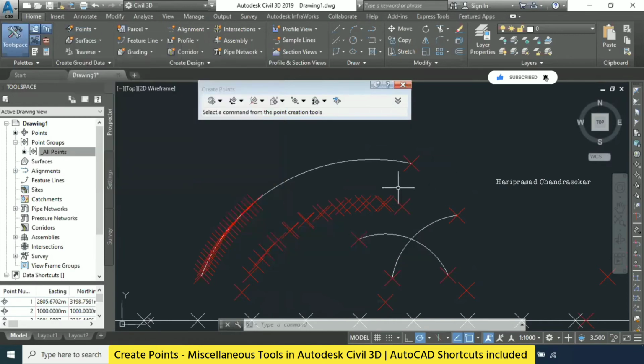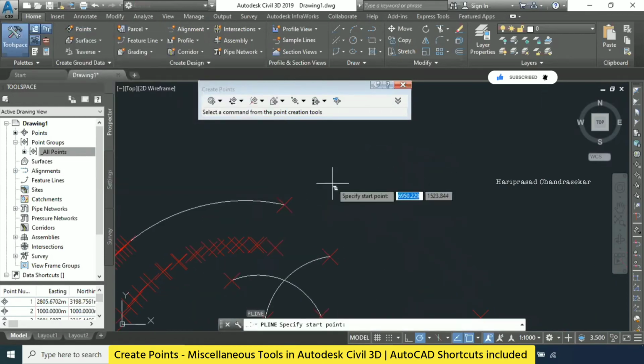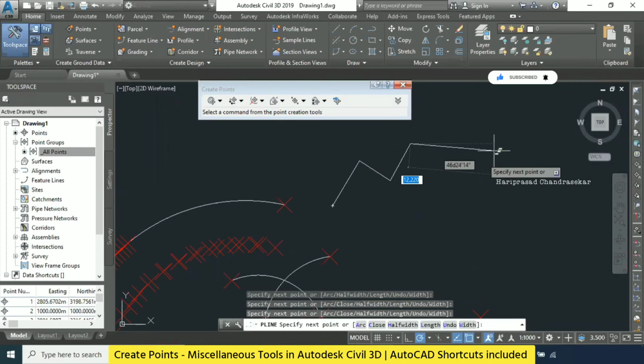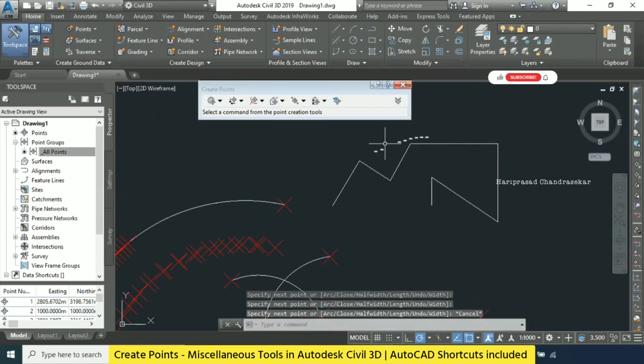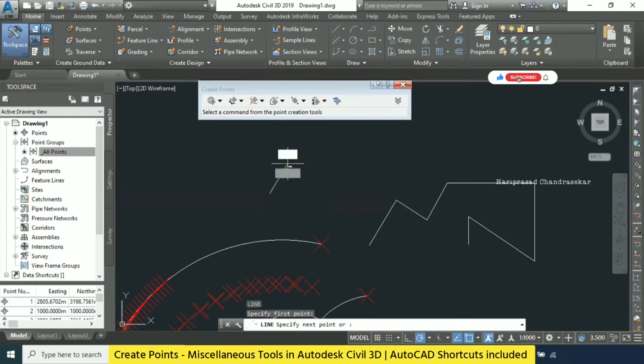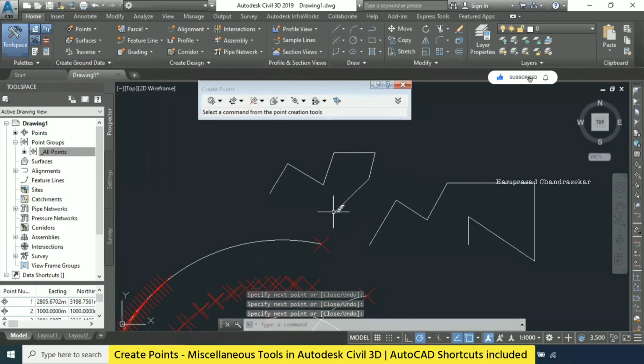Okay, and polyline vertices, manual and automatic. Polyline, you know, right? What is the command? PL enter, and you can draw a polyline. Now this is a single entity. But if you draw a line with L enter, then it is a separate entity. That is the difference of a polyline. We can make use of both for creating alignments and everything in Civil 3D, but the polyline is important.